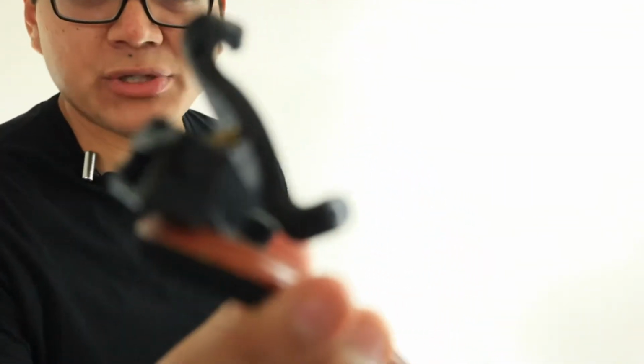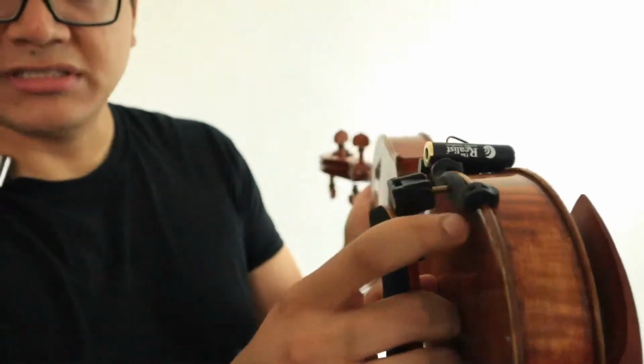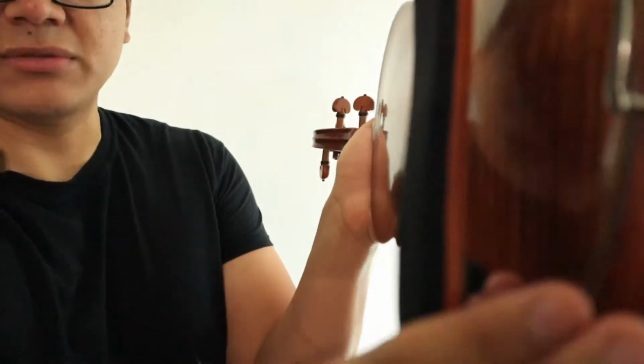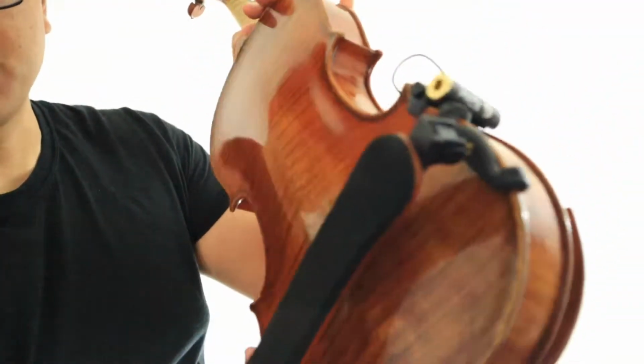Something that every violin player should have is a shoulder rest. And we're going to start off by putting on the shoulder rest. Oh, I almost dropped it there. The shoulder rest should have some hooks on it that hook onto your violin. And the way that you hook it is you start off with the top here, just like that, and then you make your way towards the bottom hook and you hook your shoulder rest onto your instrument, just like this